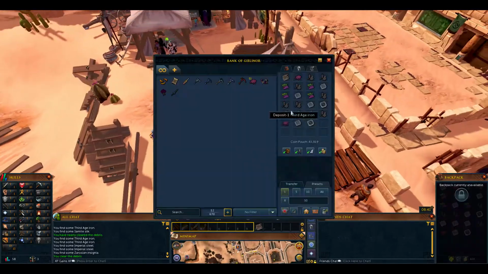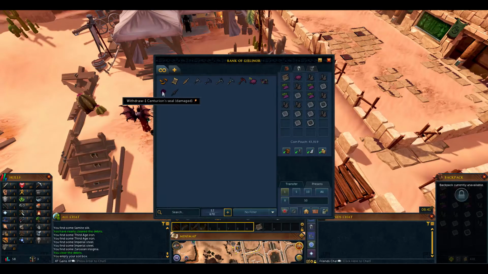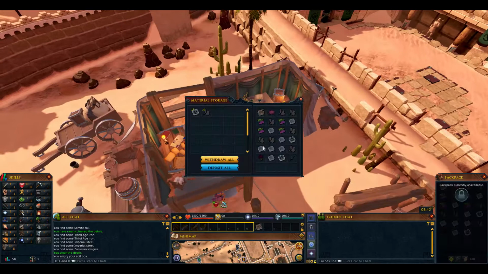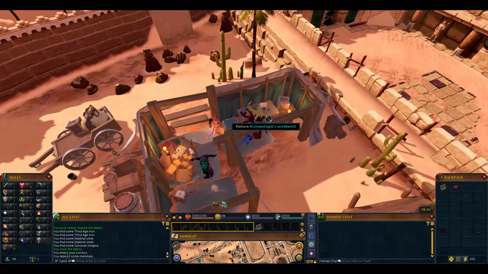So you open the bank chest. Then you can just deposit the gravel. Empty the box of the gravel. You want to take the Centurion seal, and maybe the dagger. See if you could repair the dagger. Well, the seal would be the main thing to repair. But if you deposit everything, deposit all of your materials, restore Archaeologist's workbench,